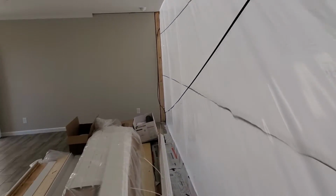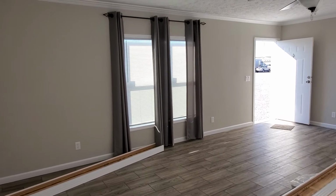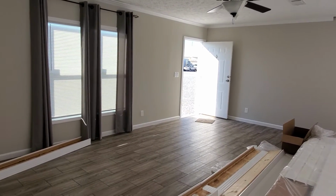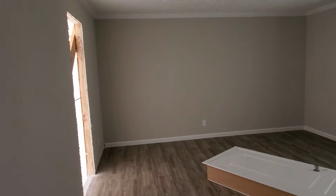One of my favorite things is when a customer wants to custom design. And this one had some very specific requests that we were easily able to drop their floor plan for them first thing that day. So we're gonna go see what the master bedroom looks like. It's a good size, no carpet in here either. Definitely room for a king-size bed,